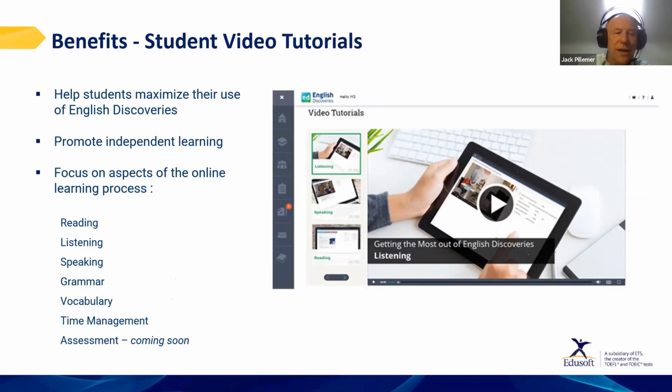basically help students get a grasp of the platform, of how it works, and not technically only. It's the technical side mixed with the pedagogical side, with tips on what to do. It deals with the reading, the listening, the speaking in a very organized fashion. They're short, about 3 or 4 minutes each. And as I said, the tutorials can be seen also with Spanish subtitles, which is useful for lower level students. And